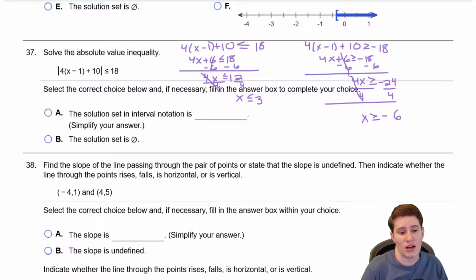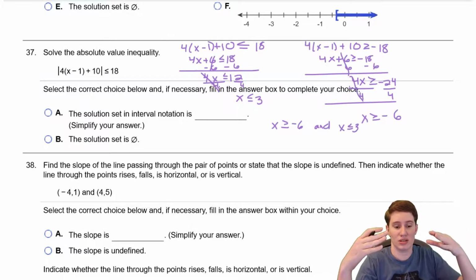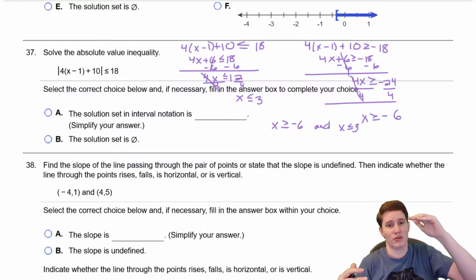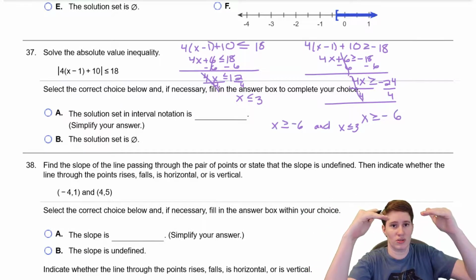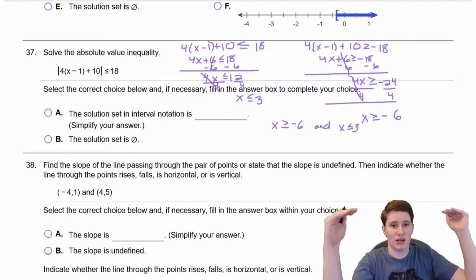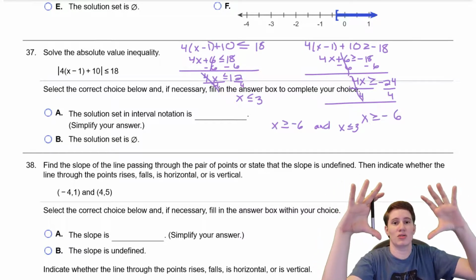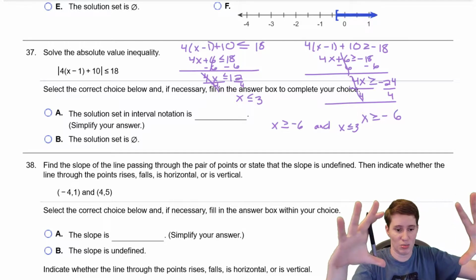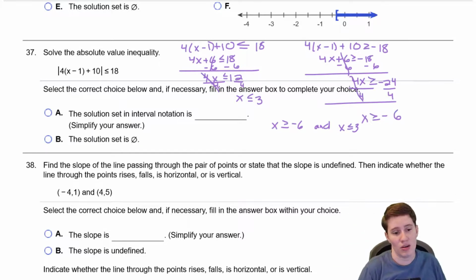So if I rearrange this, it's saying that we're bigger than negative 6 and we are less than 3. And I know it's an and because these are headed towards each other, right? If we go this way from negative 6 and this way from 3, hopefully those are the correct directions, then they're headed towards each other. So we've got this middle section of a graph that's going to be our solution set. They're both going to be brackets since they're both equal to, so we do negative 6 comma 3, bracket, bracket,